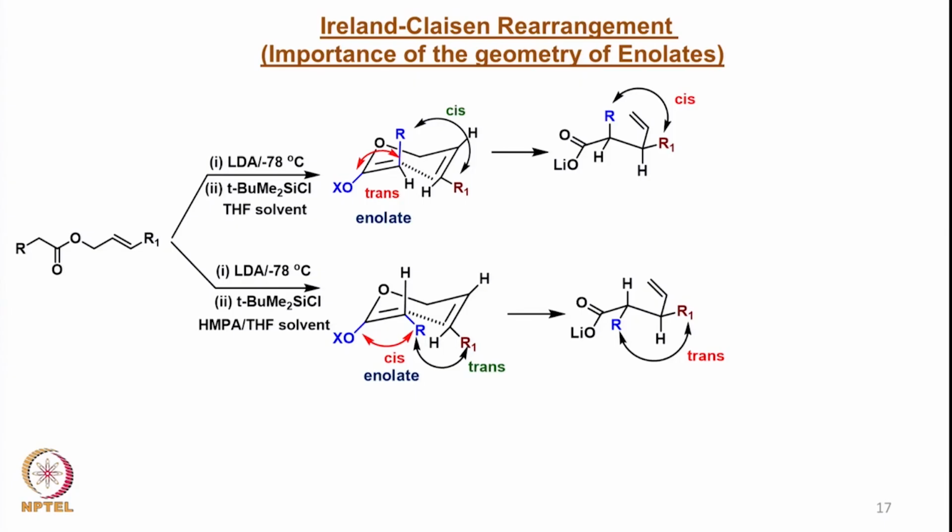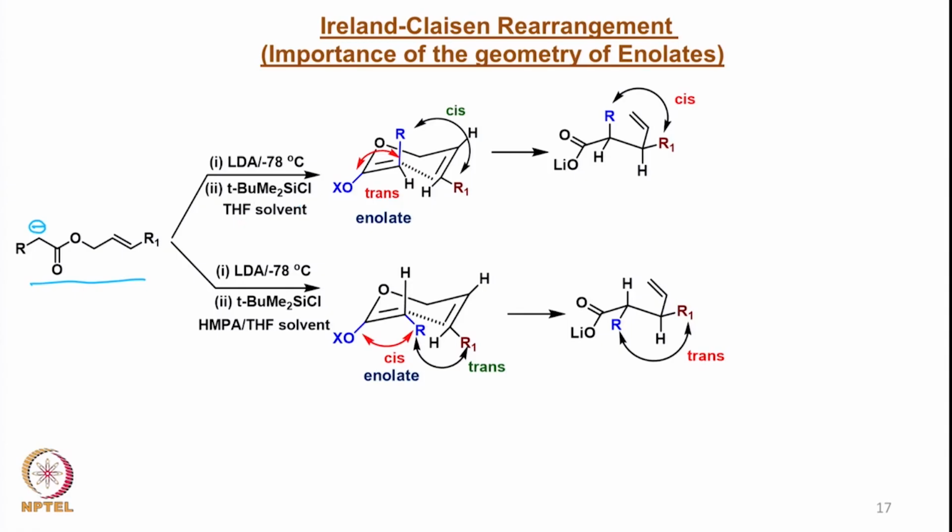Of course, there we also saw that the Lewis acid made a difference, but in this particular case, we start with allyl alcohol and its ester, that is allyl ester, where you have a possibility of deprotonation here, and the deprotonation is done and the enolate is trapped as a silyl ether or silyl enolate,